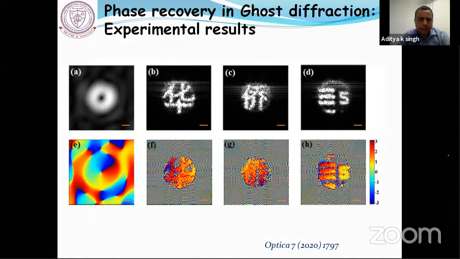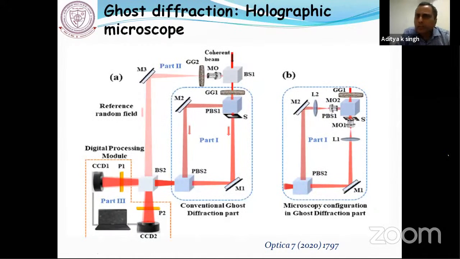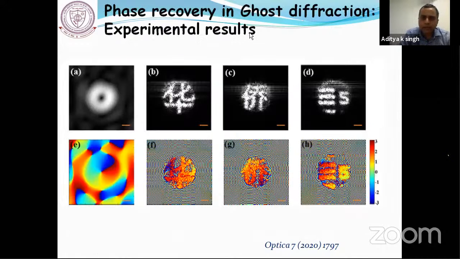So using these techniques, I will share here the results. You can see that this is a vortex beam, the A, and the corresponding phase is shown here in the E. Similarly, we have a few other objects, a Chinese character, and you can see the amplitude and phase. We also try to extend this to microscopy, because if you see the quality, because we try to image this, the last result D is an object taken from the resolution chart, and you can see the quality is not